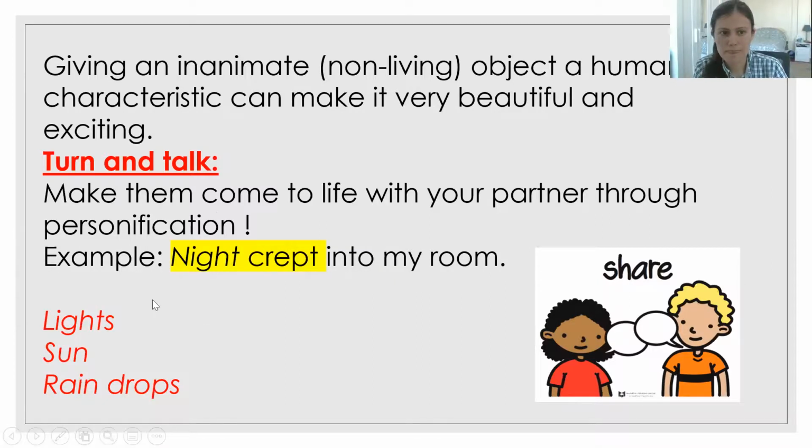For example, I'm going to use the word night. Night crept into my room. Can the night really creep? Can I say that? Yes, I can say that. I'm giving a human characteristic to night.